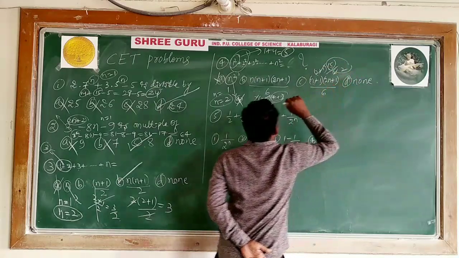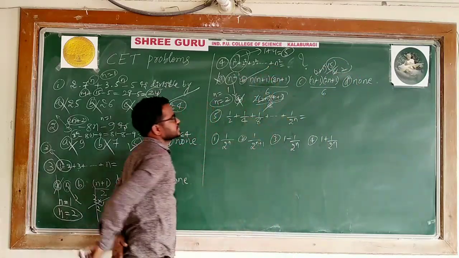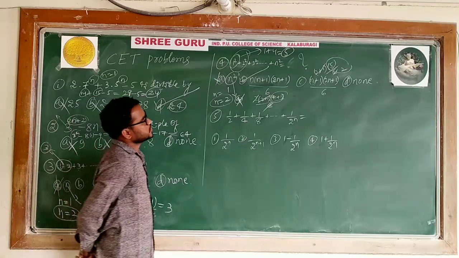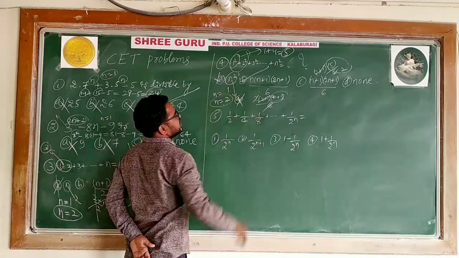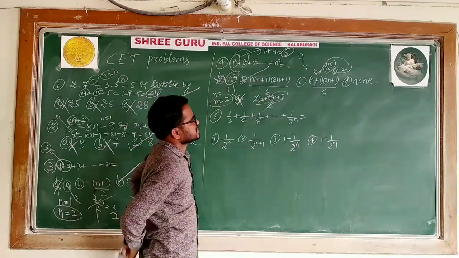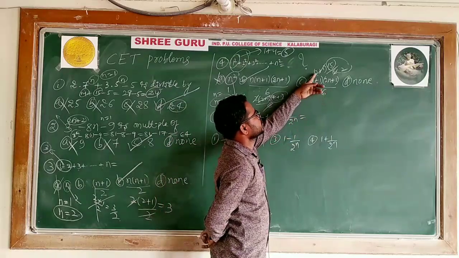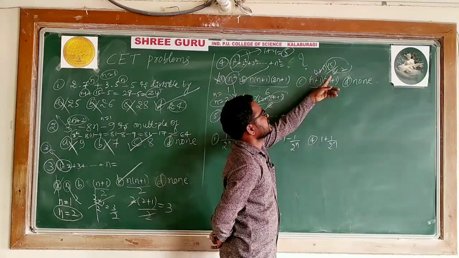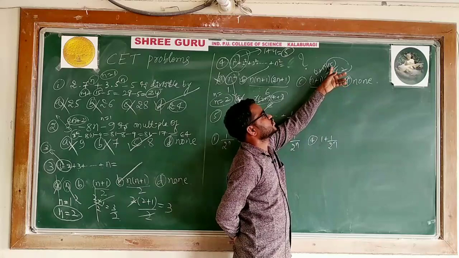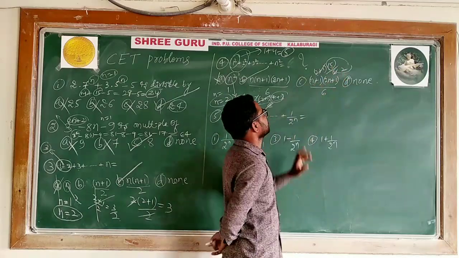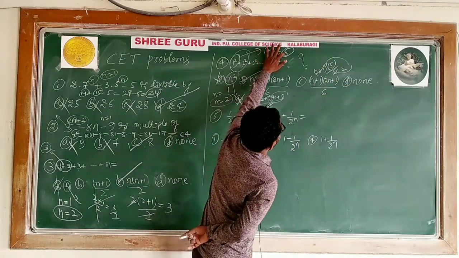5 by 2 is not the answer. Which one is correct? B is correct. You substitute n is equal to 2. This will satisfy n into n plus 1 into 2n plus 1 divided by 6. Here n is not there. For that reason 2 plus 1 is 3. 3 twos are 6, it will get cancelled. 2 twos are 4 plus 1, 5 by 2 remains. But 5 by 2 is not it. What we require is 5.